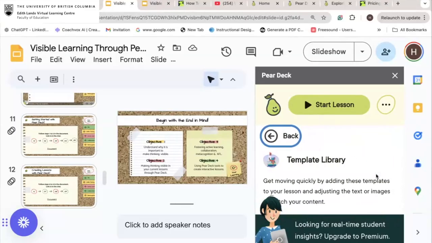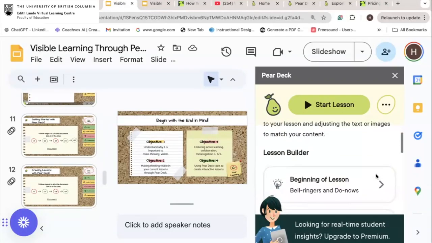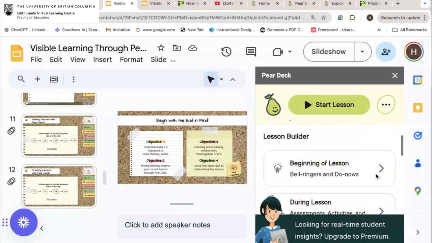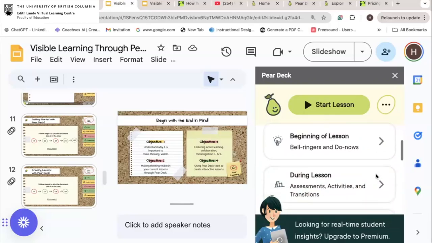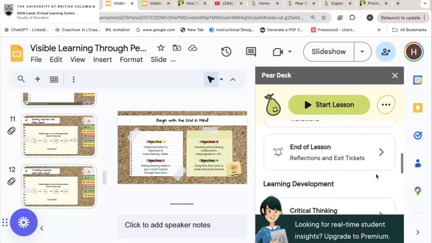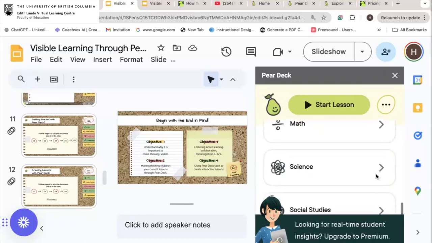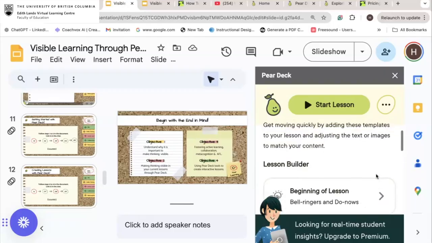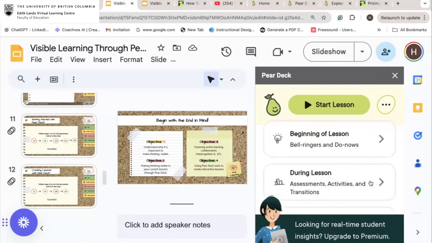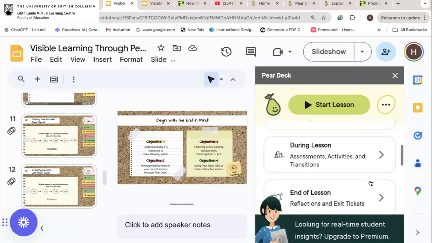If I go to a slide template, there's a huge library of around 50 slides. There's a lesson builder: beginning of lesson, during lesson, end of lesson. I can choose critical thinking, emotional learning, math, science, whatever I choose, there are templates here that I can add. For example, I'll show you.